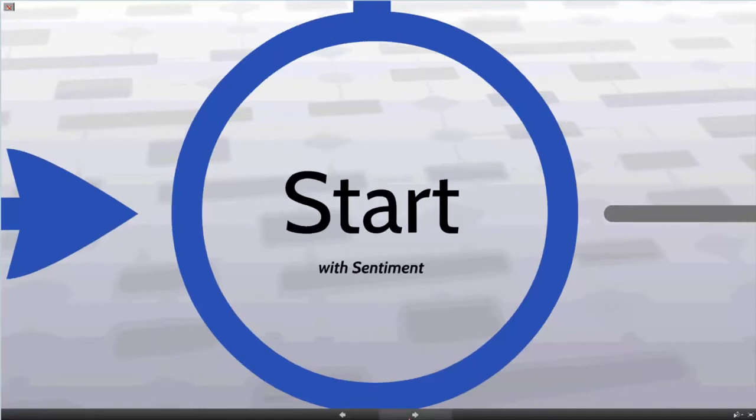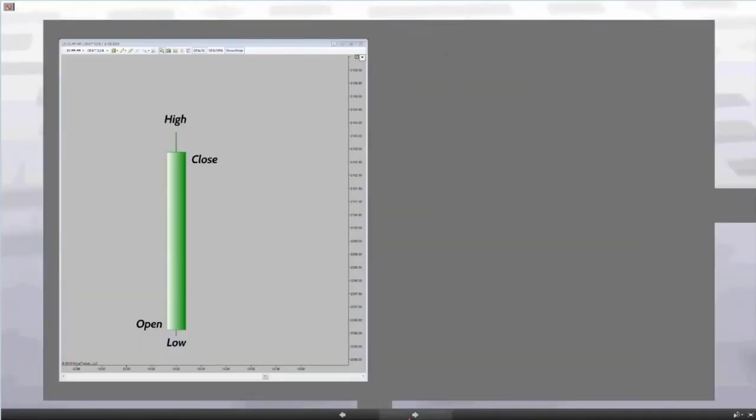So here's a candle. It's formed by the open, high, low, and close, and that's all in some given time series, and we can argue about what a time series is at a different point in time. The candle body is made up of all the prices between the open and close, and in this case, the close is higher than the open. So we would assume this to be